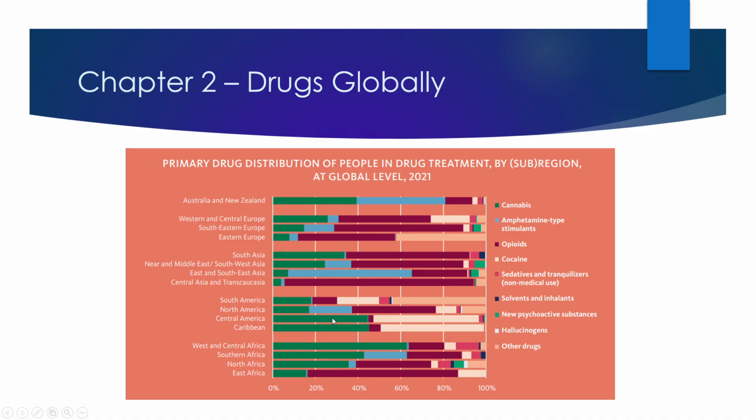Oh, and by the way, another takeaway, if you're very familiar with drugs, is another surprise is that these green bars are large, especially in some places. And some people will make the mistake of thinking that, well, marijuana is not something that you ever end up in drug treatment for. People think it's sort of not addictive. It's not problematic. There's no problem use associated with it. But the fact of the matter is that you can see it's substantial. It is a drug with a lot of problematic use with issues that land people in drug treatment.